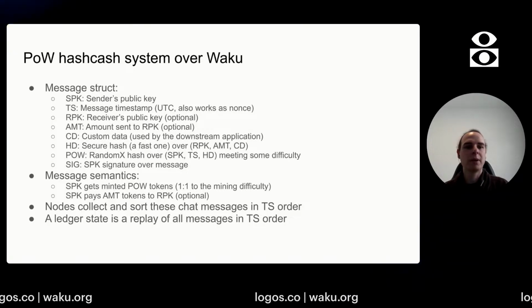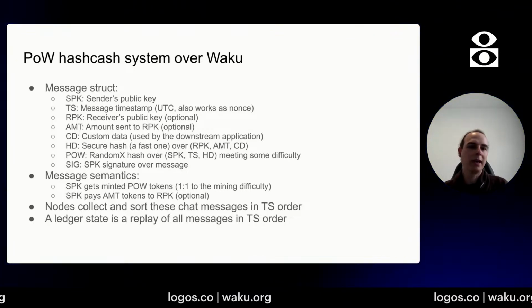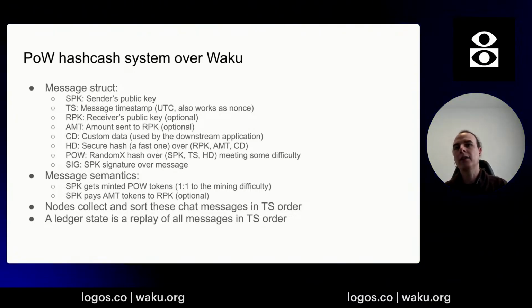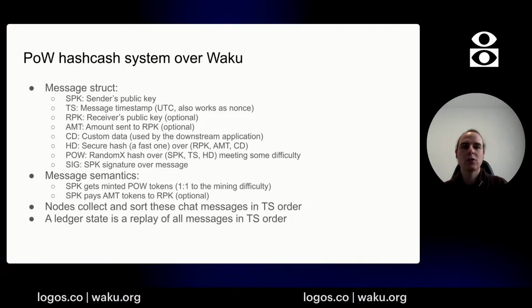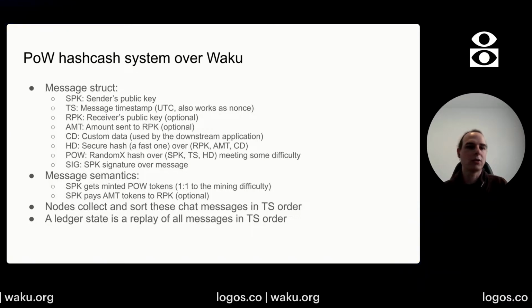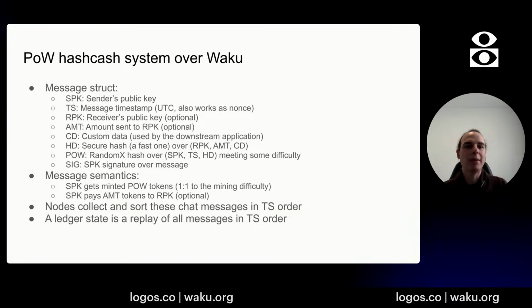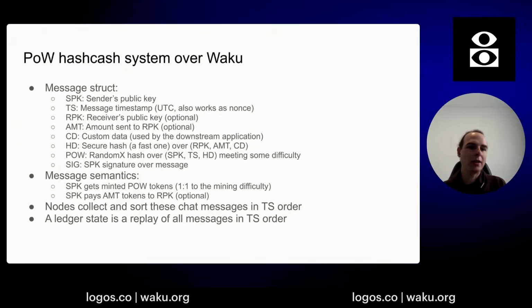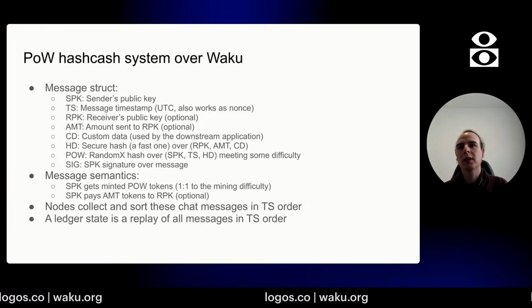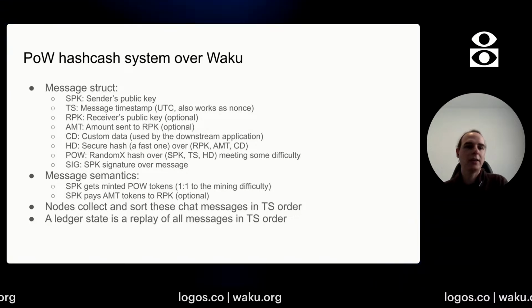The message has a public key that signs the message, and a proof of work hash that can be verified by any receiver unilaterally. And if the target difficulty of the mined hash is 200, you grant it 200 tokens. If it's 400, you grant it 400 tokens, and so on, right? And atomically inside the message, you also have a payment, so you can specify another public key and an amount that you will transfer to that account using the tokens that you had allocated to this public key.